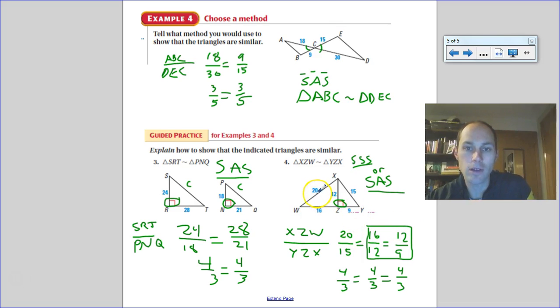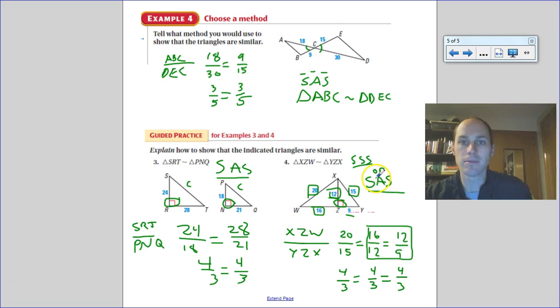And if you're having trouble figuring out which sides match up, I can see the triangle XZW rotates and then dilates, a reduction, to match up with triangle YZX. If I can't figure that out, just pick the side lengths. 20 is the longest side. Find the longest side in the other triangle. Then take the middle side, match that one up to the middle side, and then the short sides for each one. I see all the ratios are 4 to 3, so by side, side, side, or side angle side similarity,